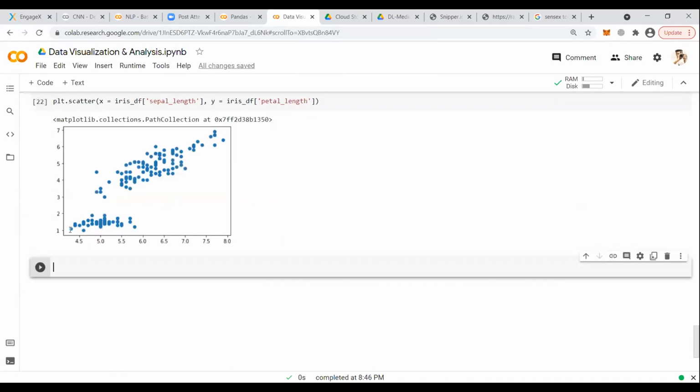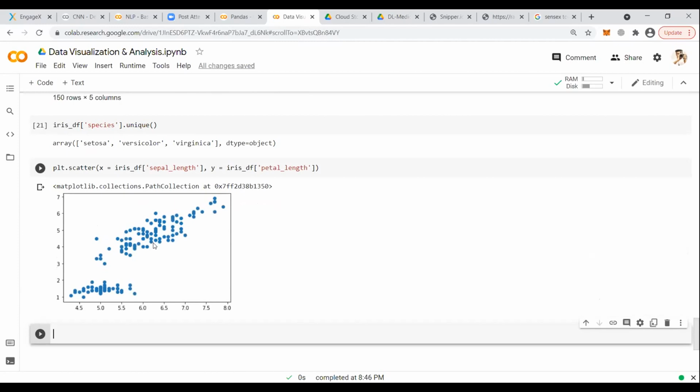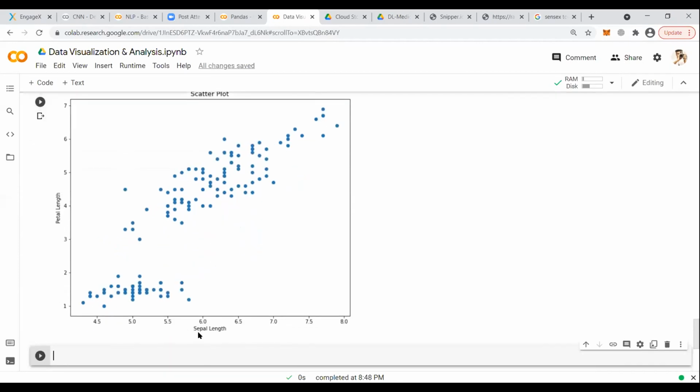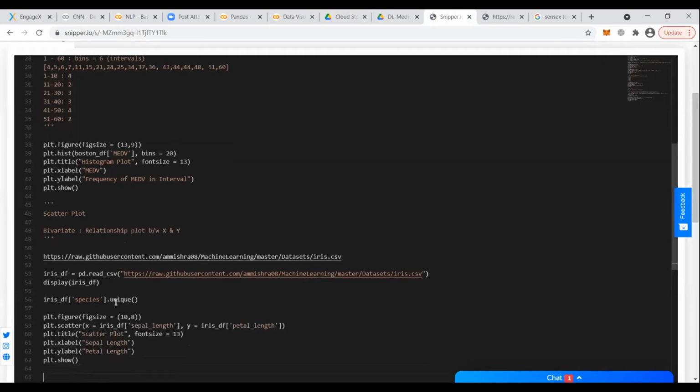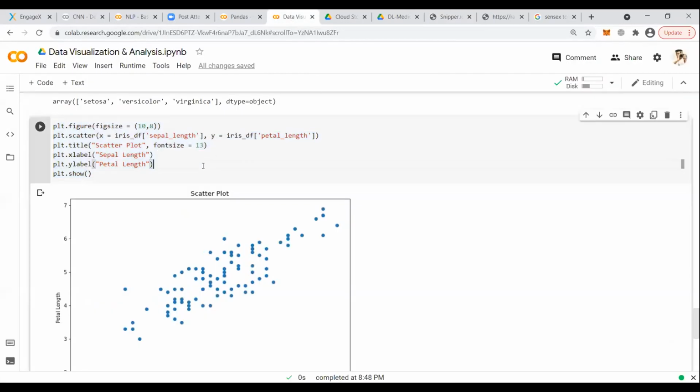Draw the plot. What is the relationship you can understand from here? It's a relationship type of plot, right? Here is your plot. If your sepal length is increasing, your petal length is also increasing. We have taken all these values, and that's how the relationship plot will be created.